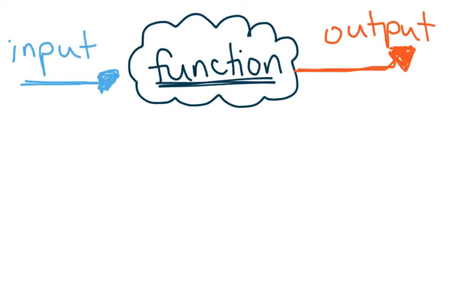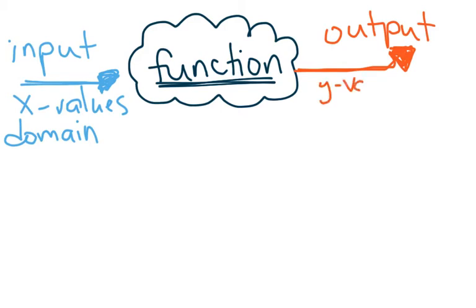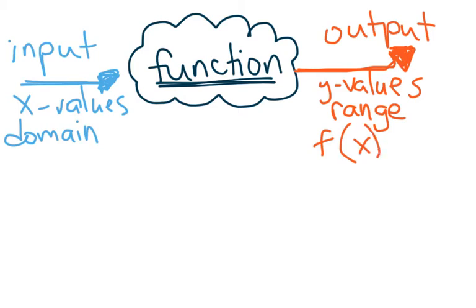The inputs in a function are usually the x values, although sometimes they might be designated as something different. They're also known as the domain of the function, or what goes into the function. The output of a function is known as the y values, and might also be referred to as the range of the function. Another way to denote the output is to use function notation, which looks something like this: the function of x,